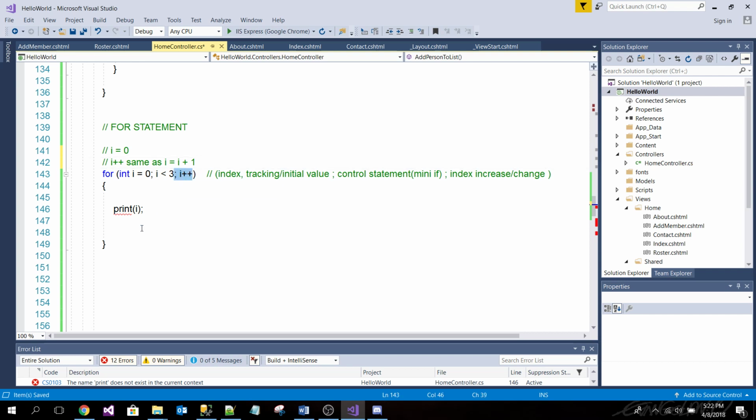And that's going to be performed right at the end here. So it goes back. Okay, so let's sound it out. Let's do the flow. Feel me with the flow. Let's do this. Okay, so the first time I hit it, I is equal to 0. Do I go in here? Do I want to go in here? Yeah, I do, because I is less than 3. And I go in here, I print. What do I print? Print 0. Yeah, I print 0.